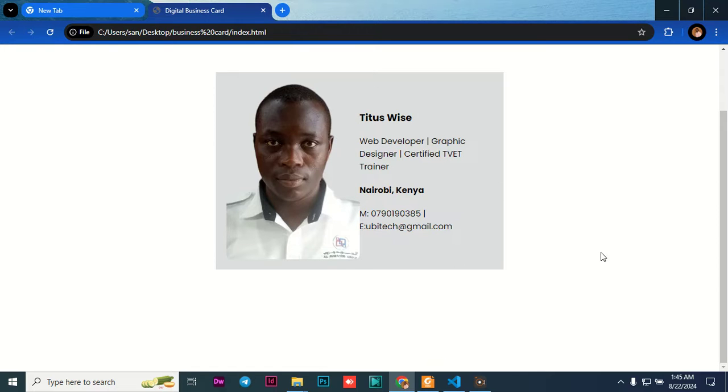Now after doing that, we have also been able to apply padding. Padding basically is the distance between the content and the edge of the element, and therefore you can see we have 20 pixels added in all these parts of this particular div. And then we have also applied the background color, and in this case we have given it RGB color 221, 221, 221. Now when you proceed